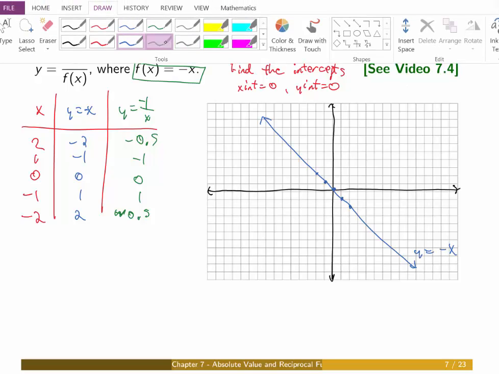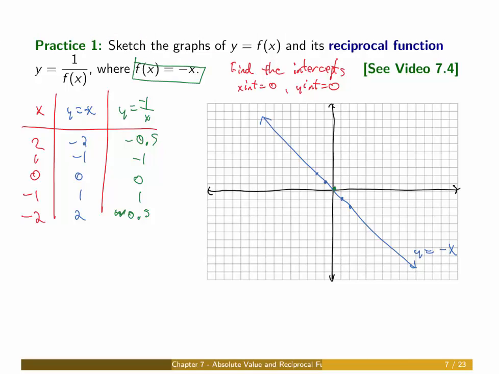Then when you take a look at the reciprocal function, we get another point at 0. At -1 and 1, we get our invariant points. Like I said, they always happen at -1 and 1, so they'll be the same. The next points are smaller. Okay, they are going down here, and this other one is going to be